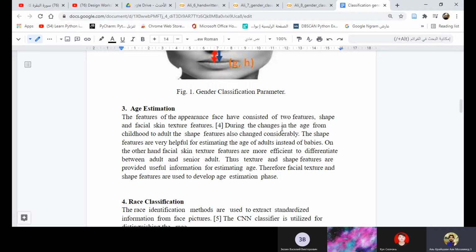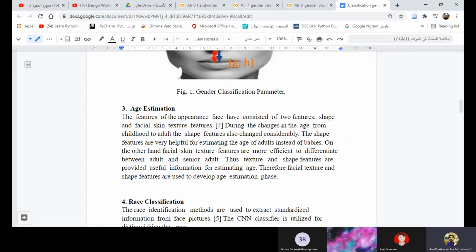On the other hand, the skin texture features are more efficient to differentiate between adult and senior adult.